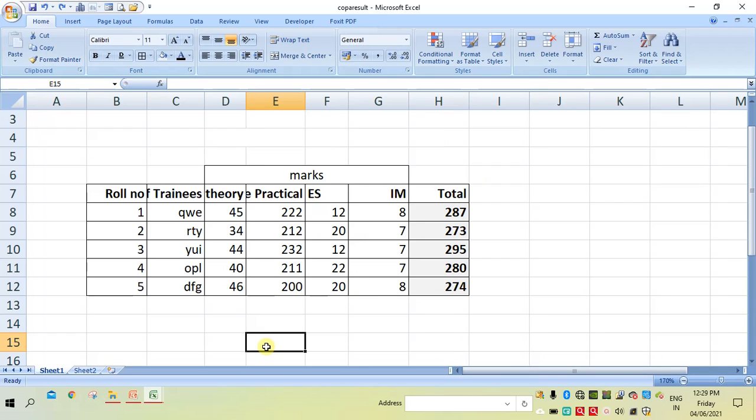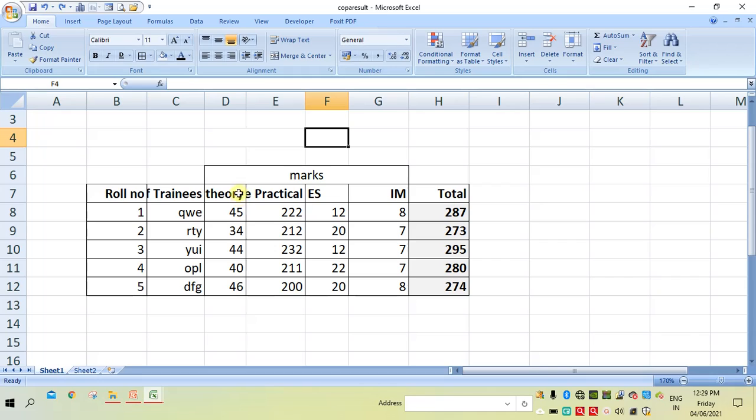Next option is wrapping the text. Here you can observe this cell content is not showing complete information. It is because the cell area is very minimum. In such a situation you can make the text wrap so that the entire text can be visible in the same cell.